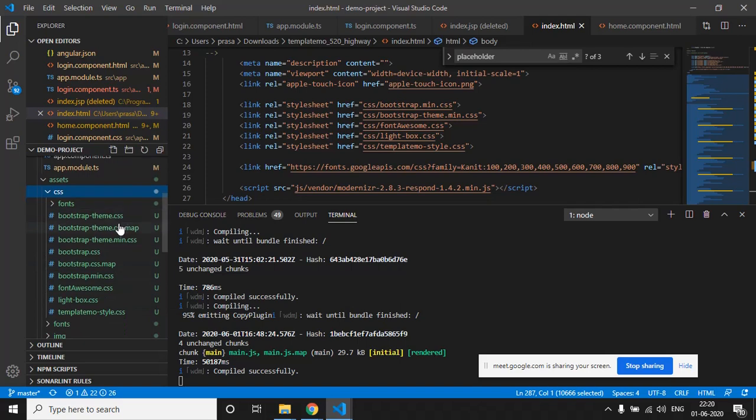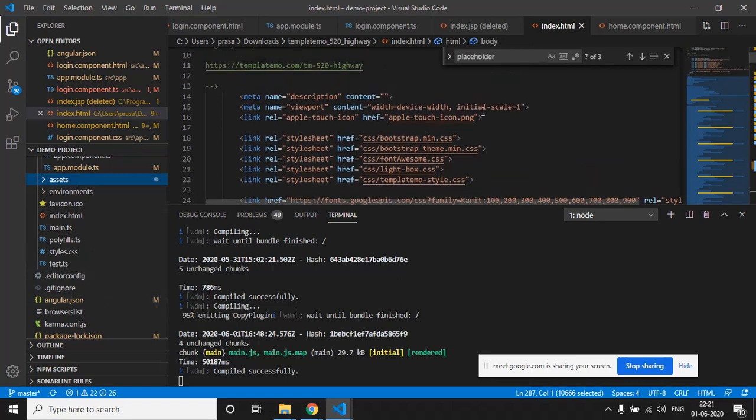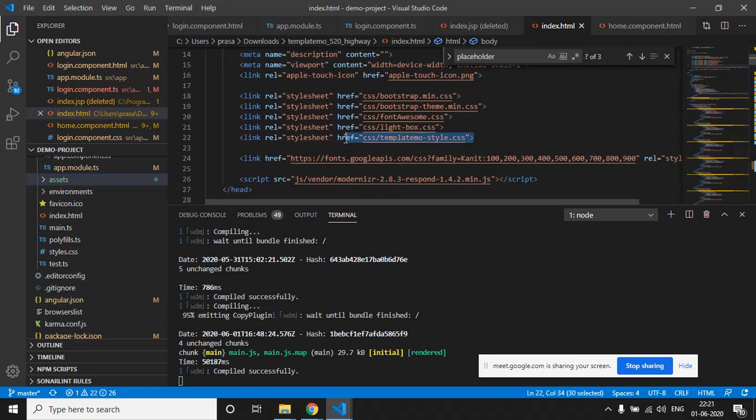The font theme.css and all the files: bootstrap.css, bootstrap css map, font-awesome, lightbox css, right? So we have to just add these paths to the angular.json file, so that all this style will be available to the Angular application.